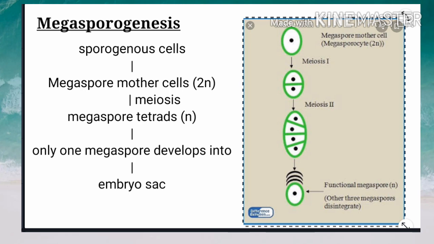The cells of the embryo sac are, first, 2 synergids and 1 egg cell at the micropylar end, which form the egg apparatus. Second, 3 antipodal cells are formed at the chalazal end. And third, the central cell consists of 2 polar nuclei but is considered a single cell. That means the embryo sac is an 8-nucleate, 7-celled structure.